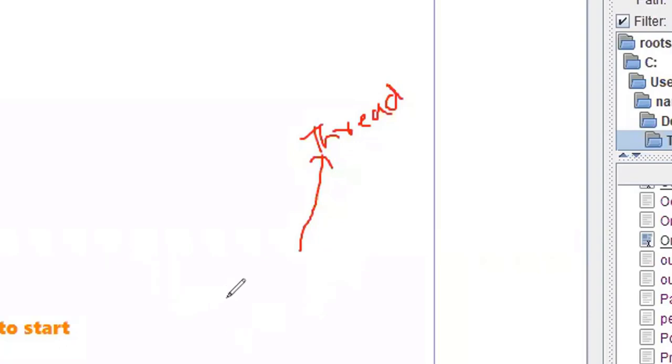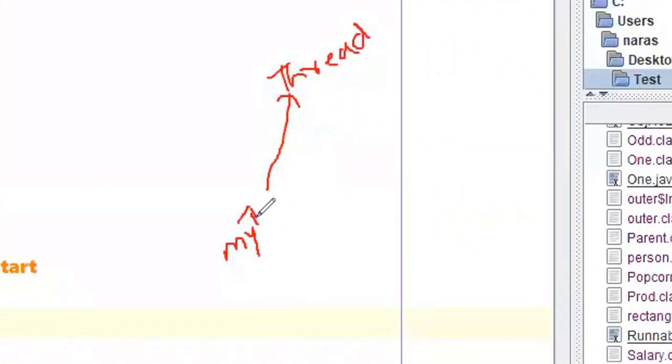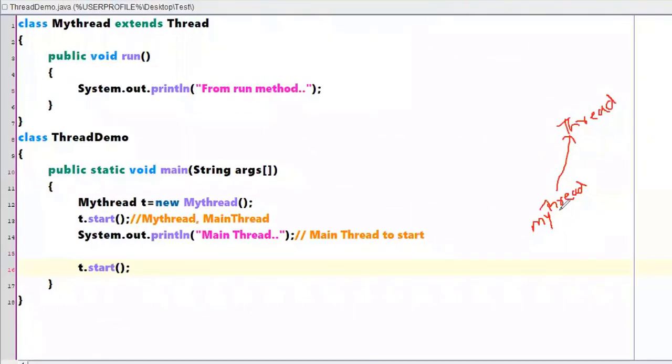Okay, so with respect to our example, this was something like my thread, right? So this is what we have done. That means there was a thread class, so we used to extend that particular thread class, right? So later by using my thread, we used to override the run method, right? So this is what we have done till now.